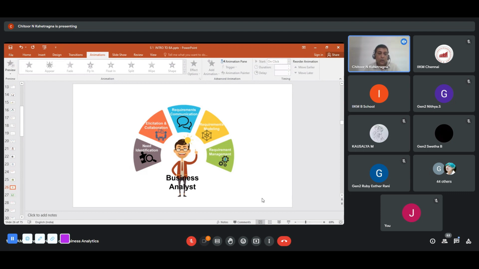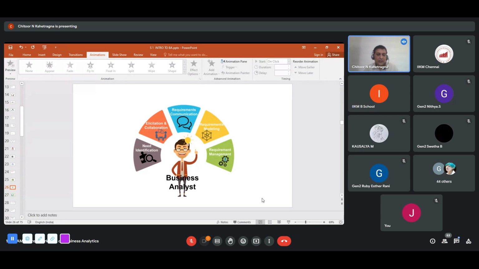And then I need to do a lot of elicitation and collaboration. I need to talk with market research firms. I need to talk internally, externally. This is what a business analyst does. And then I try to find requirement communication. What all do I need? I need this data. I need this tool. I have to get into this. I have to do this analysis. Quite a few things I do. And then I'll do modeling. Modeling is about doing a prediction. You can do predictive modeling. You'll have test data, train data, quite a few things. You look at the decision tree, random forest, quite a few things you use. And then finally you do requirement management.